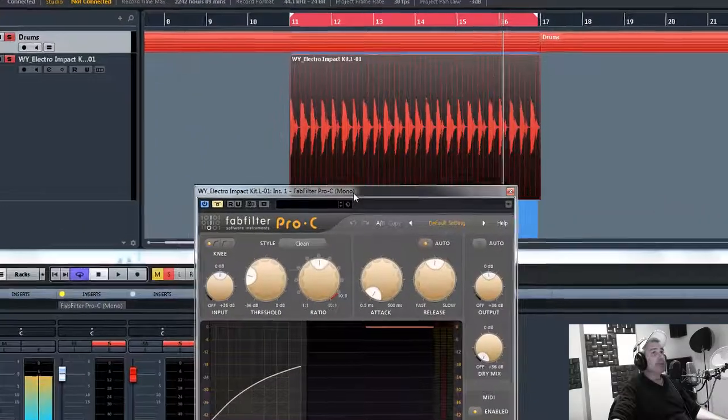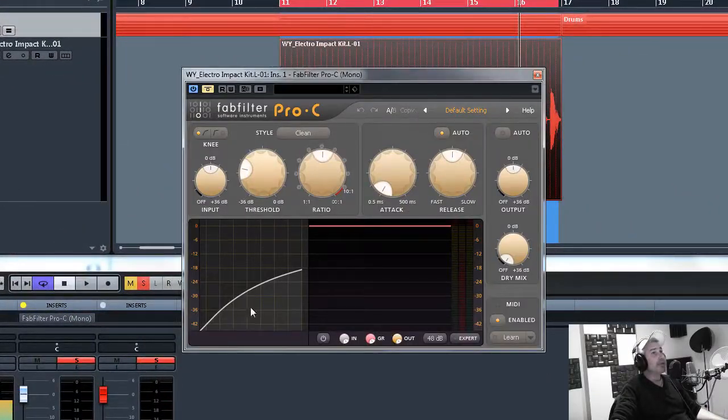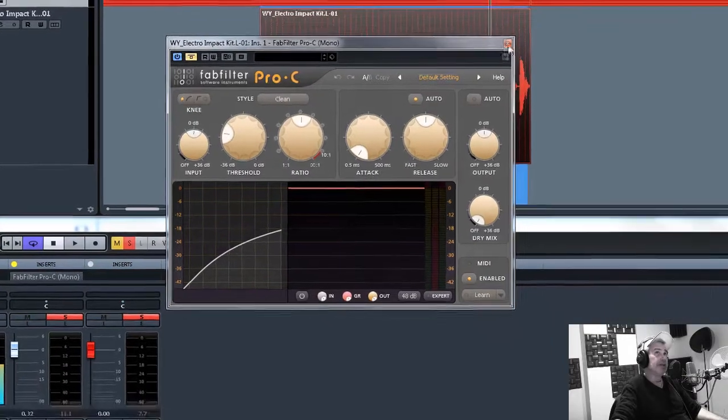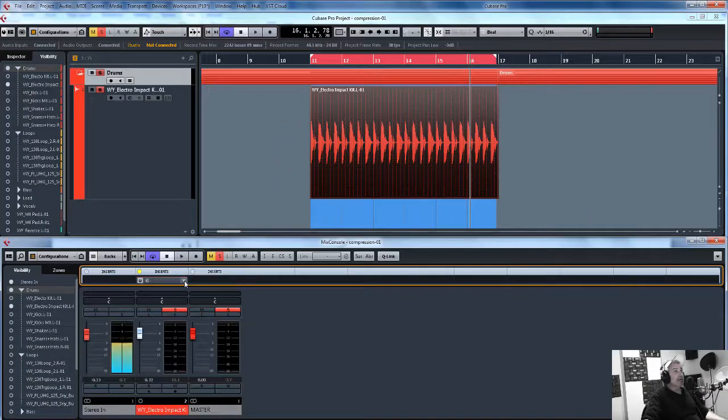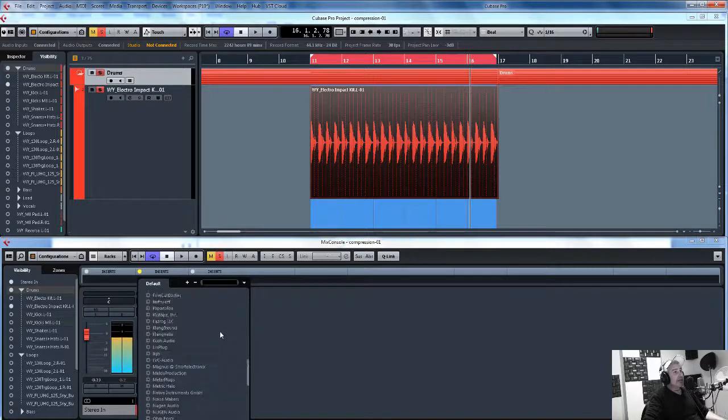The simplest in terms of the visual representation is FabFilter's Pro C. I'm not going to use C2 because that's a little bit more complex. This is as simple as it gets. There are also a couple of others that I think are well worth looking at, and they are